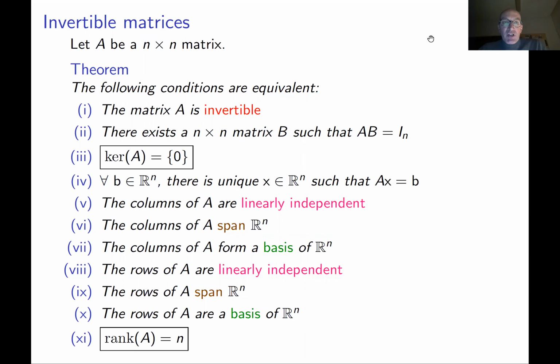This theorem summarizes all possible equivalent ways to say that matrix A is invertible. These are all equivalent conditions, and the first condition is basically by definition that the matrix A is invertible, and the remaining 10 conditions give you alternative ways to check that matrix A is invertible. For example, condition 2 is a simplified version of condition 1. It only tells you that A times B equals identity, but this actually implies that B times A also equals identity. In the case when n is 2, this is a tutorial problem.